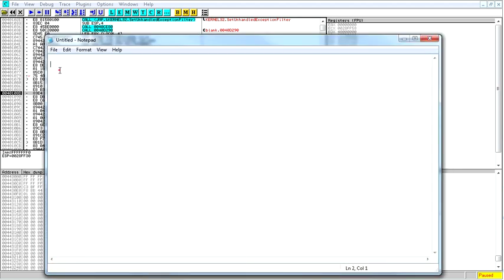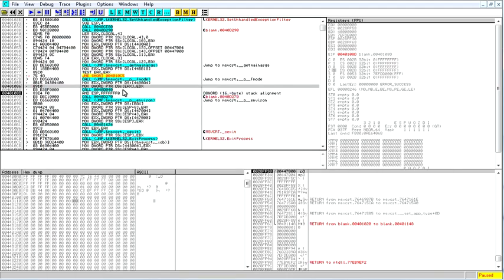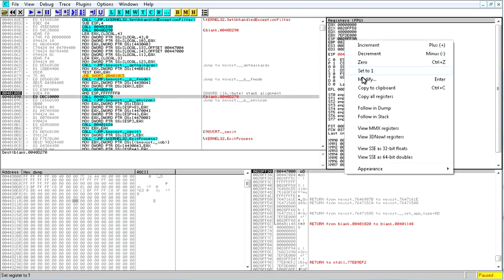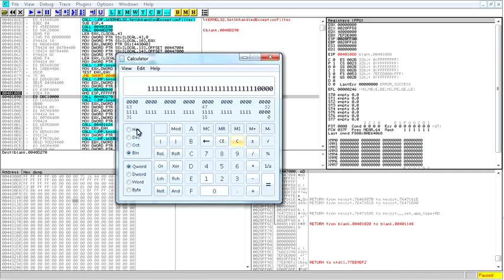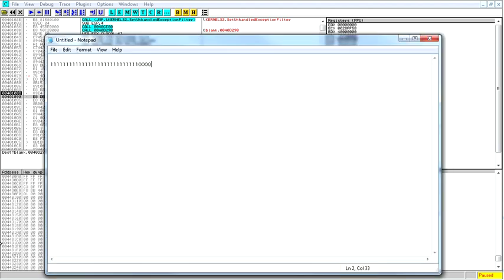Now what's in ESP is, calculator, hex, clear, edit, paste, binary, edit, copy, and paste. Uh-oh, it's not long enough. We need some leading zeros. There we go.